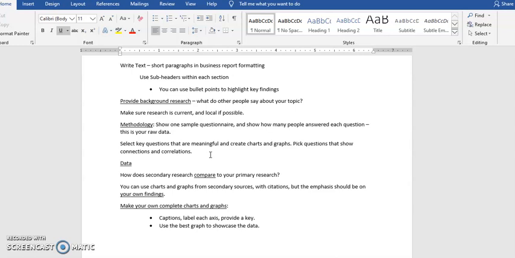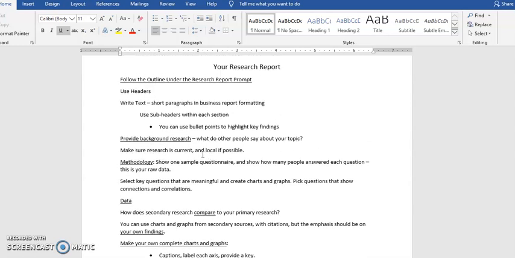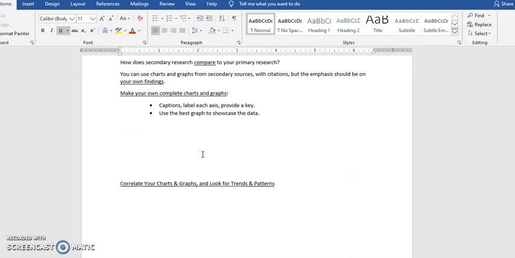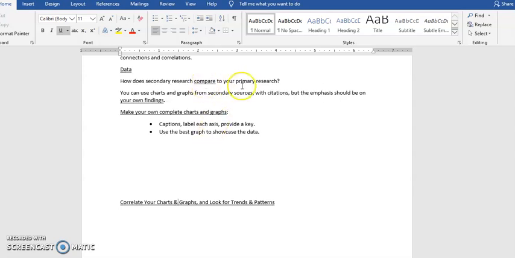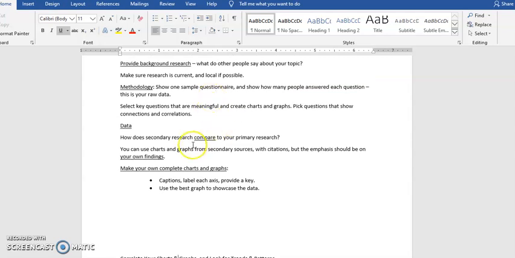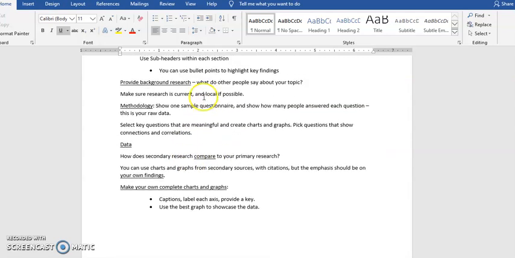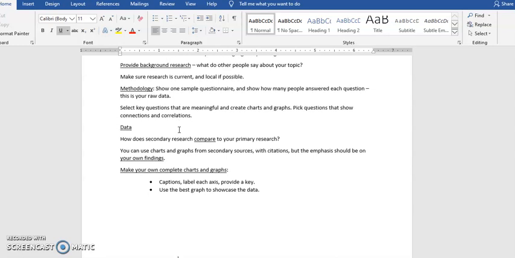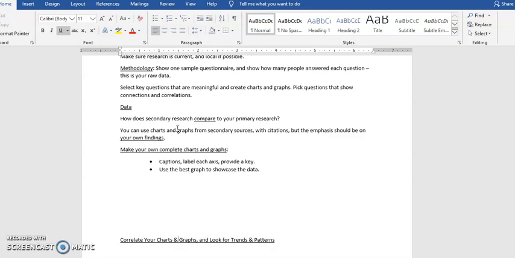and comparisons. You're also going to be comparing your background research with your own primary research. So what did you find compared to what other people found? Make sure that your background research, when you do it, if you can, is current and local. Make sure that it's relevant. So follow the prompt, follow the outline as a way of pulling all of this together. But what I want to show you now is as you choose which